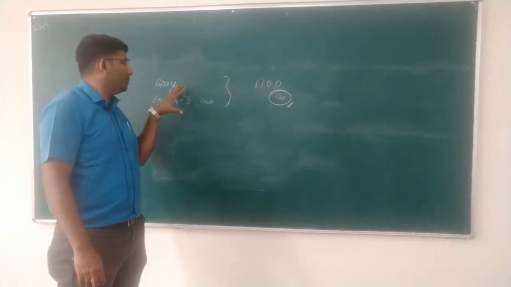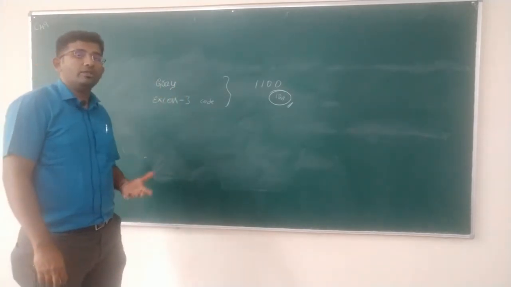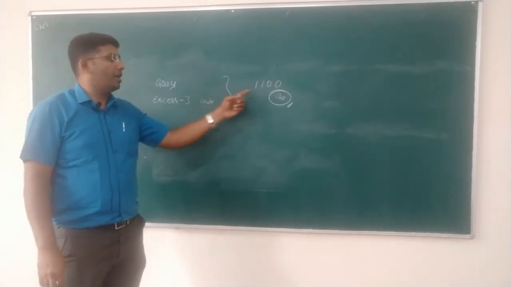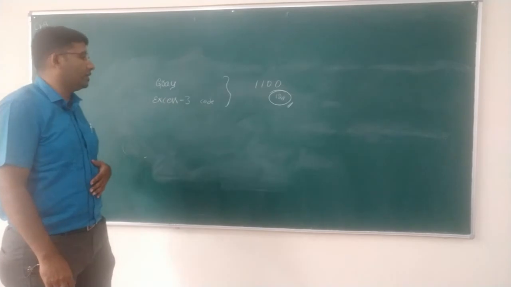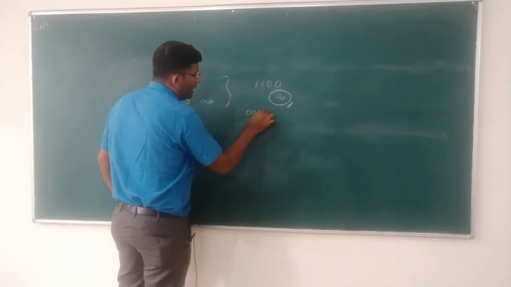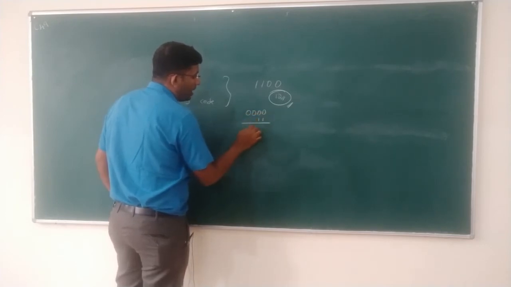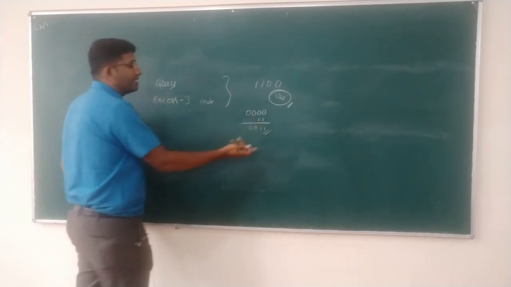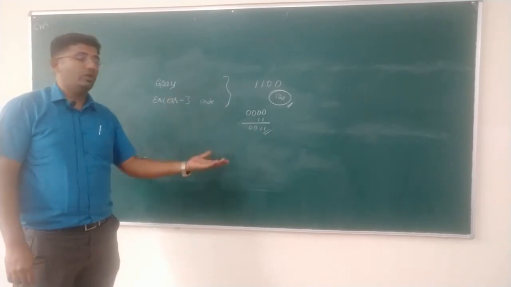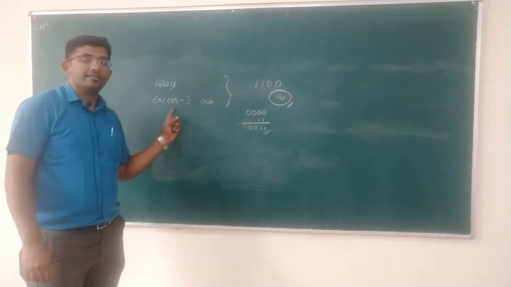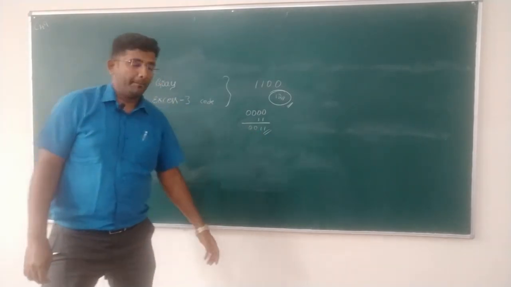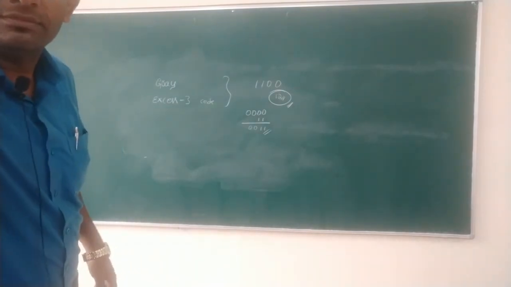Why we need to study about a gray code? Whenever you are using a Karnaugh map, for mapping we are going to use the number system of gray code. How we are going to use this gray code will be discussed. XS3 means if I am having 0, in XS3 we will not have a 0. Instead of that, it will start with 3 itself. The name XS3 itself says that you have to add 3 to that number. Then we are going to get a new number. 0011 will represent 3 in XS3.